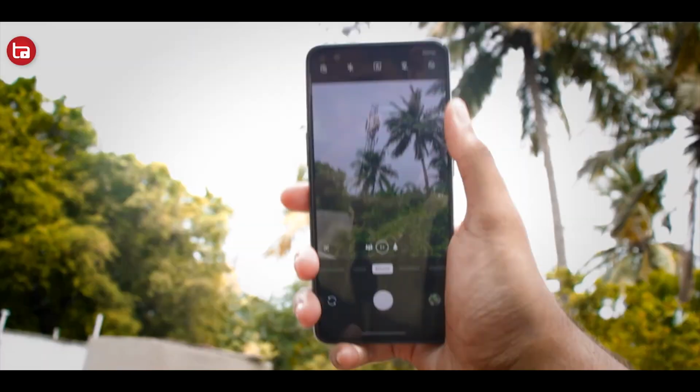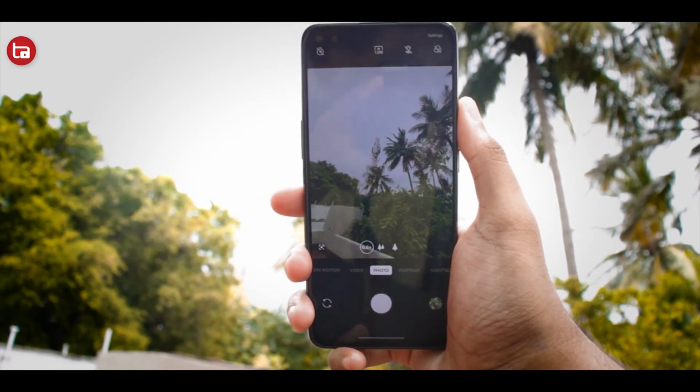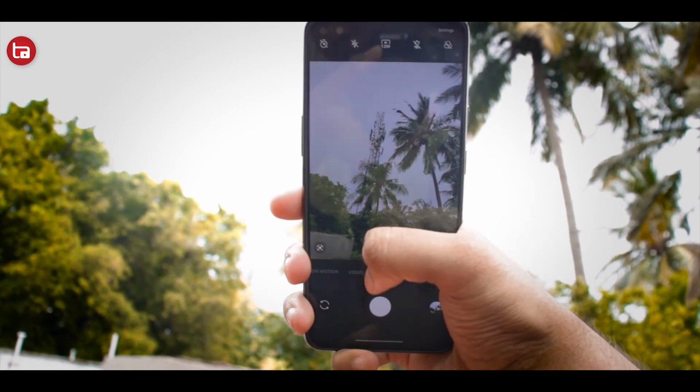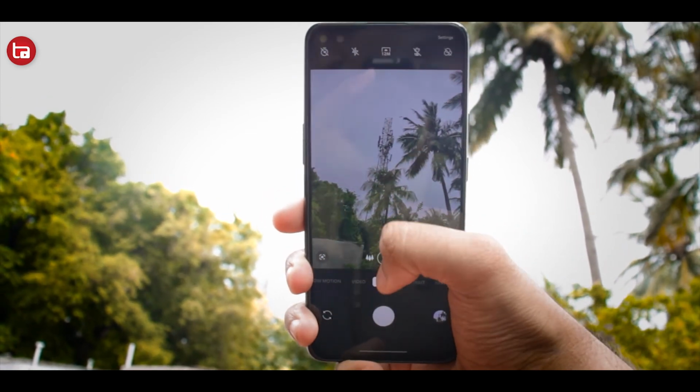Now let's move on to what's missing, the final part of the video. There are some things that are missing in the Gcam mod for the OnePlus Nord when it comes to the stock camera. The first and foremost thing is the support for the ultra wide sensor. The OnePlus Nord's camera array has a quad camera setup with a 48 megapixel main sensor, an 8 megapixel ultra wide sensor, a 5 megapixel depth sensor, and a 2 megapixel macro sensor.